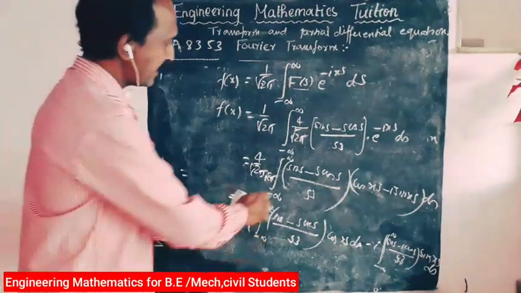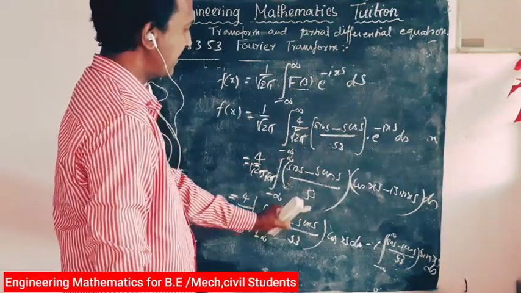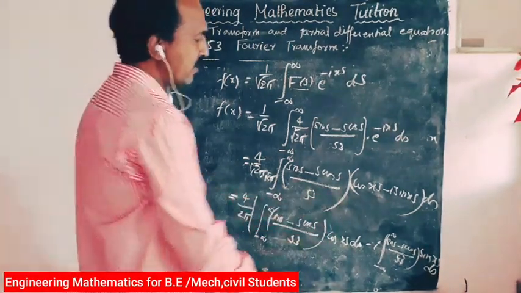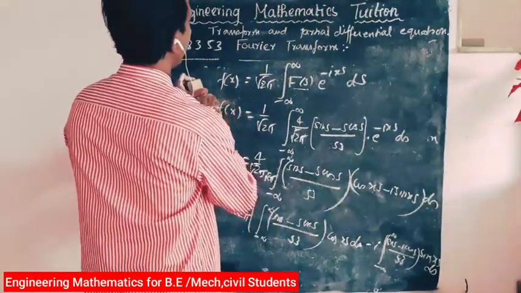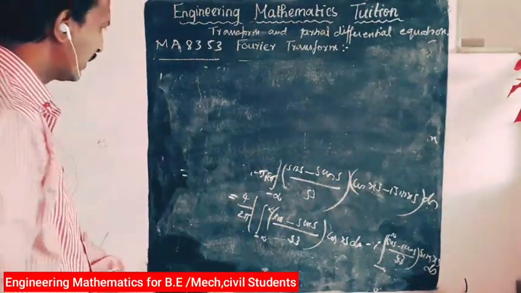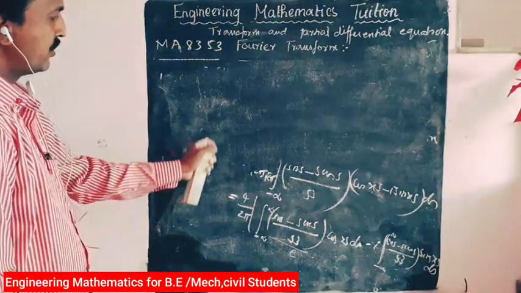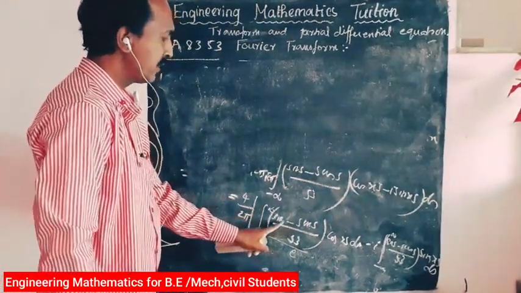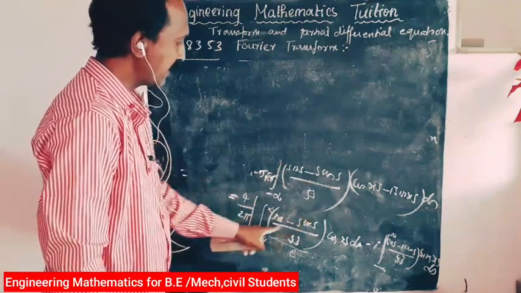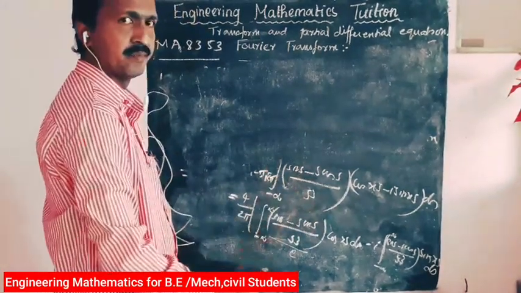Generally, here this is a definite integral. The limit is minus a to plus a. So first we check whether the integrand is odd or even. Suppose the integrand is odd, automatically the value of the integral is 0. Here we check, this is even. The function f of x is even if f of minus x is equal to plus f of x. Here this is in terms of s, we take s equal to minus s, the answer is plus f of s.